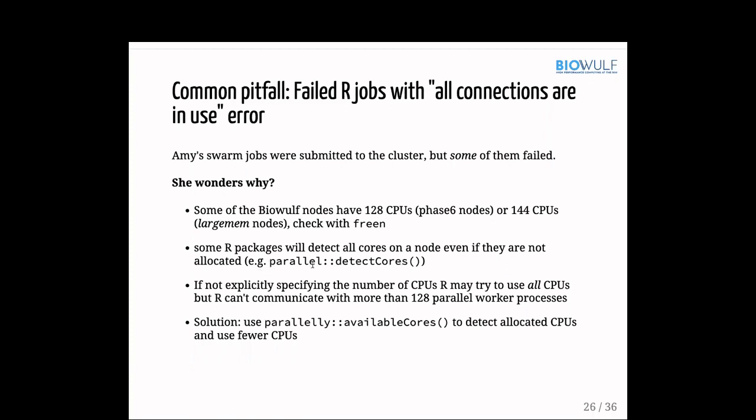So parallel is our built-in function, and it's very hard to change. It will always report the number of detected cores. If Amy didn't specifically assign the number of CPUs, the script might use all the CPUs. However, R cannot build a connection with more than